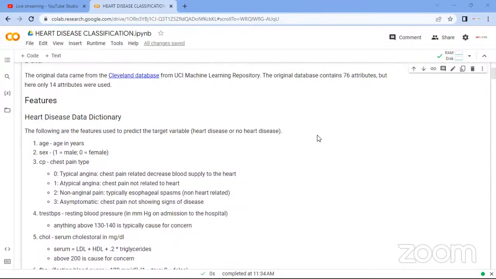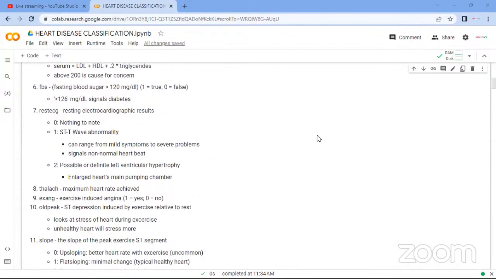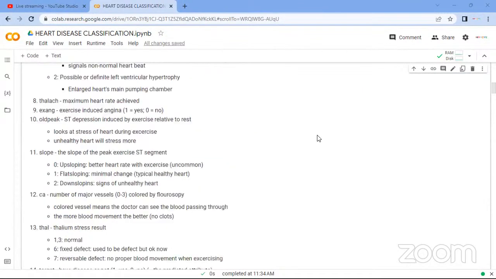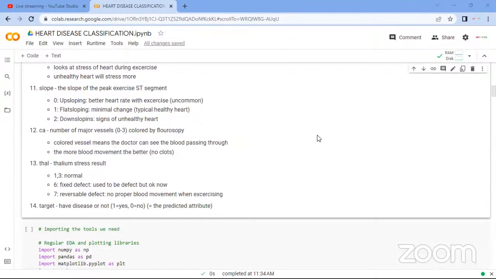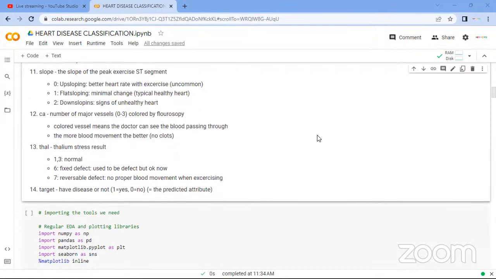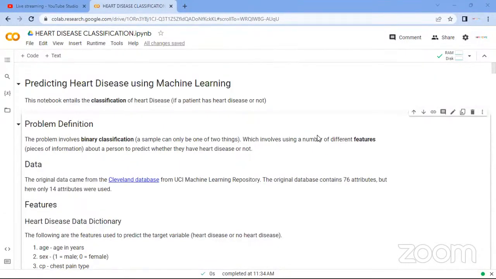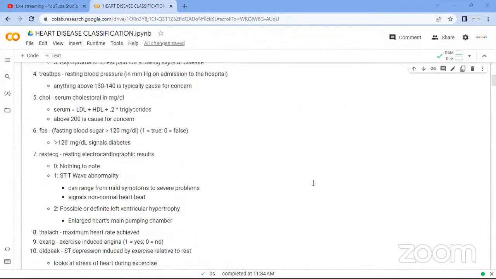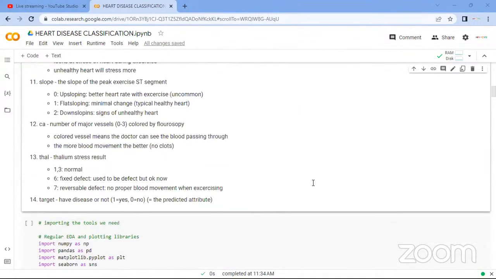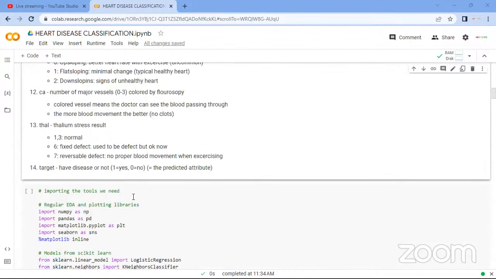All right, moving on. As usual, so as not to waste time, I've already written down the code. As we're running the code, I will explain as we move on. For those just joining, just remember that we're working with a classification problem, predicting if a patient has heart disease or not using machine learning. Okay, let's begin. We're running the first line of code,